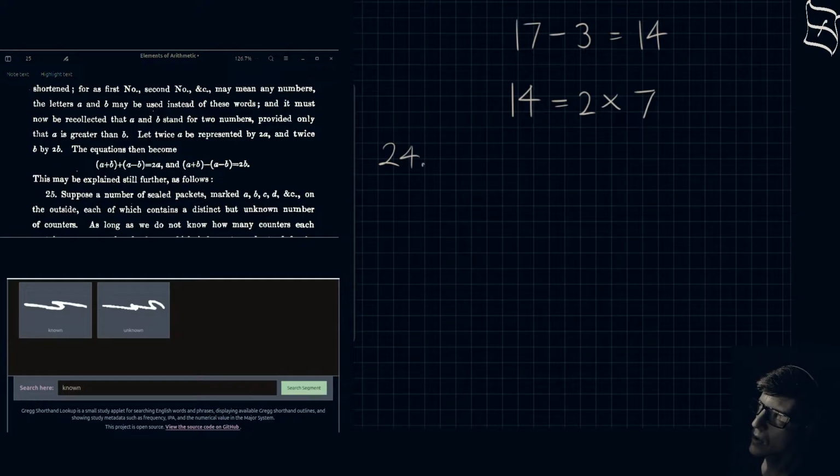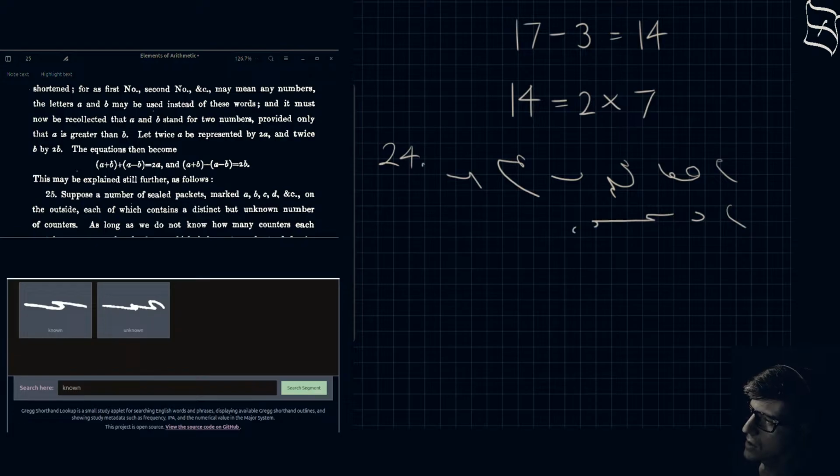We've already been using this concept earlier, but we'll do it now, and we'll say that if arithmetic operations are universally true for all numbers, then